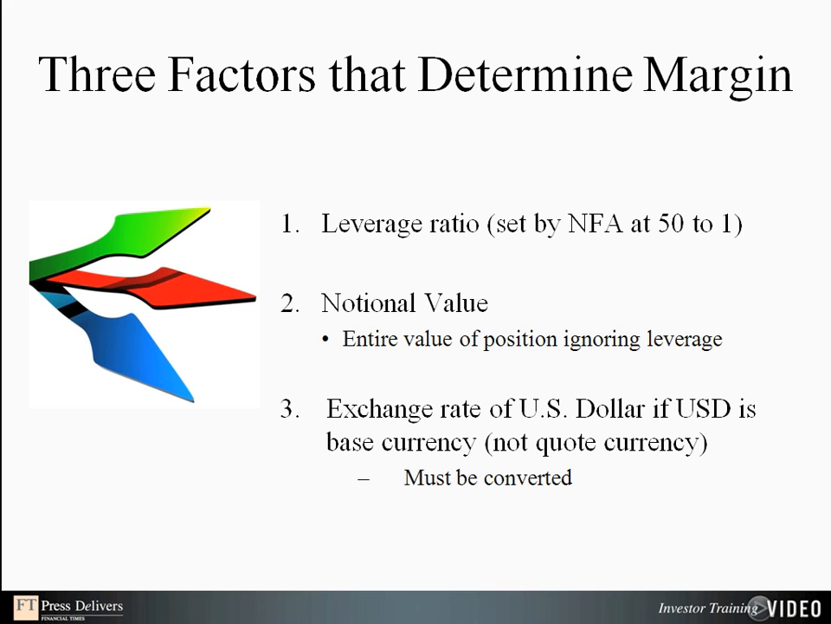There are essentially three factors that determine margin. There's the leverage ratio, which is set by the NFA at 50 to 1. It probably isn't going to change anytime soon. There's the notional value, which is the entire value of the position ignoring leverage. And what this means is if the euro is trading at $1.40, we know that 1 euro is equivalent to $1.40 in US dollars. Therefore, if you're trading 100,000 units, which is the standard size in Forex, the value of